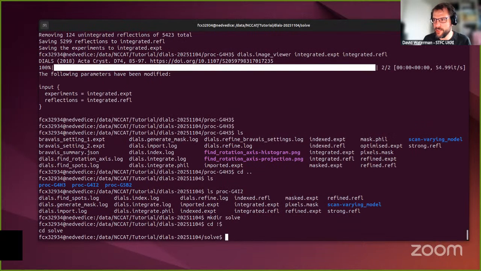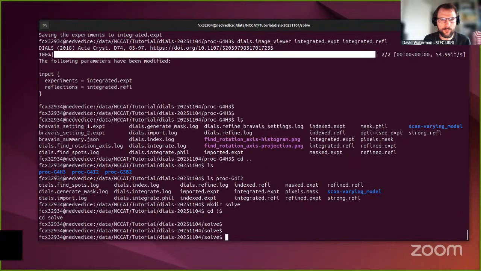And I'll just change into that directory. And the first thing I want to do is run that 2θ refine program, which will allow us to refine the unit cell using all 3 of the data sets. And what I need to do with this program is point it at each of the data sets